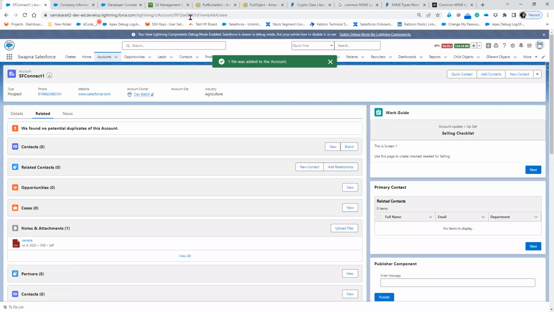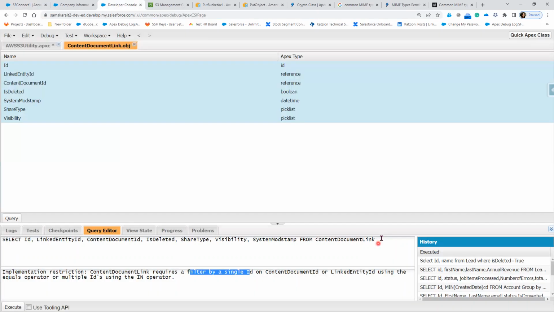Okay, let me provide this ID. Let's say where I'm going to provide the link entity ID, where link entity ID equal to, this is the ID,